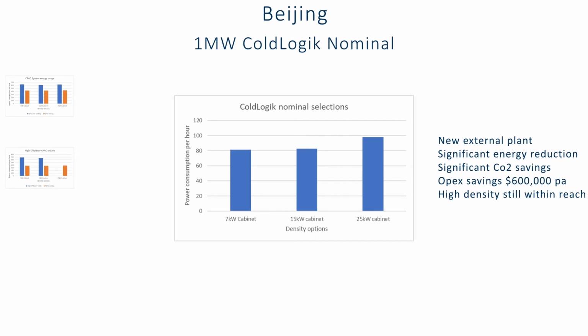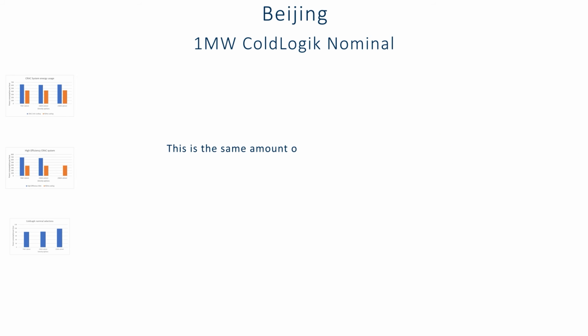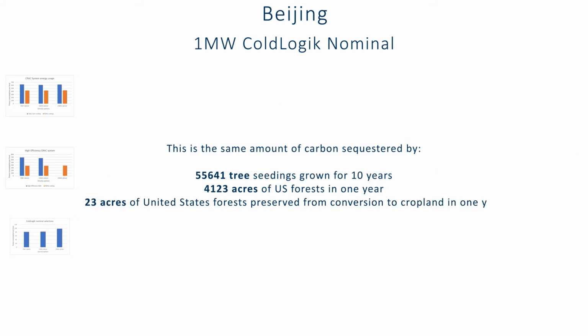When you implement free cooling with the higher water temperatures that Cold Logic RDC allows, it combines to remove the CRAC unit's ability to both deal with the high and lower heat loads. Compared with the traditional system, this allows for over 86% energy saving or 3,365 tons of CO2. This is the same amount of carbon sequestered by